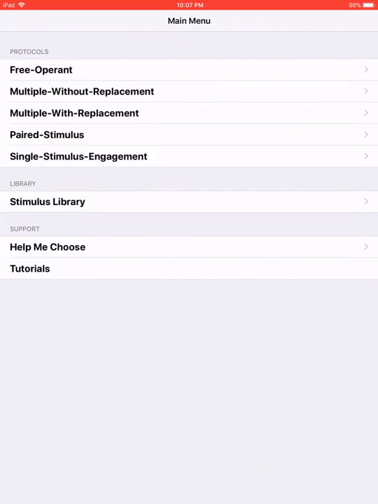So if you'd like to see an example of an assessment, they have some really nice videos for you to watch. So this is a tool that's available on your iPad now. I encourage you to practice with it. It does take a little practice to get the hang of how it works, but once you understand how it works, it's a great tool to use for your preference assessments without having to take all